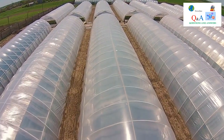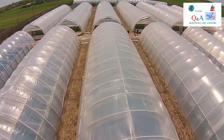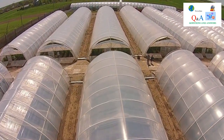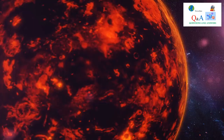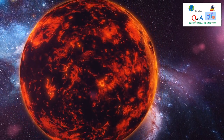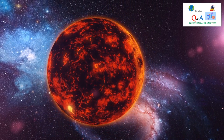Sunlight passes through the atmosphere and reaches the planet's surface, where it is absorbed and then re-radiated as heat. However, the thick carbon dioxide atmosphere traps much of this heat, preventing it from escaping back into space. This results in a runaway greenhouse effect, causing Venus to have an average surface temperature of around 467 degrees Celsius,